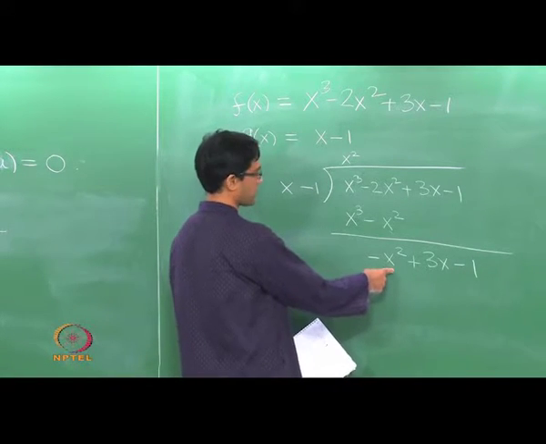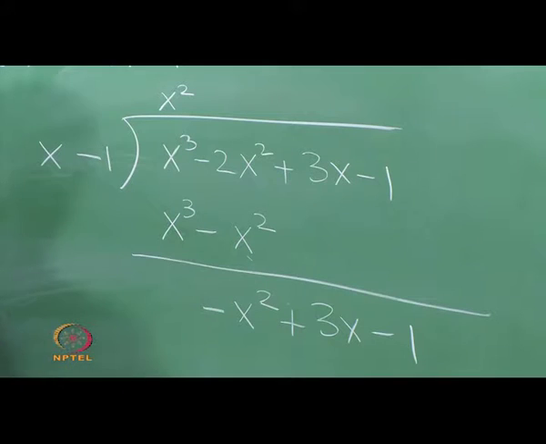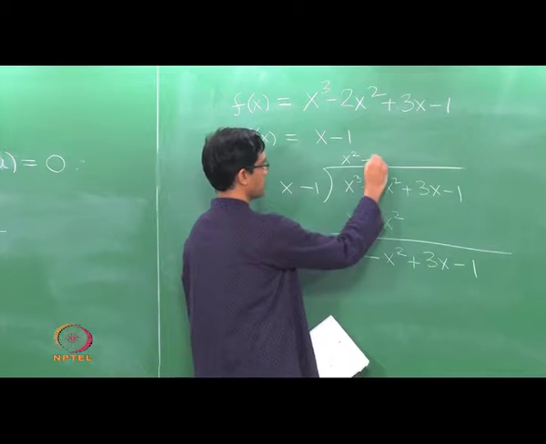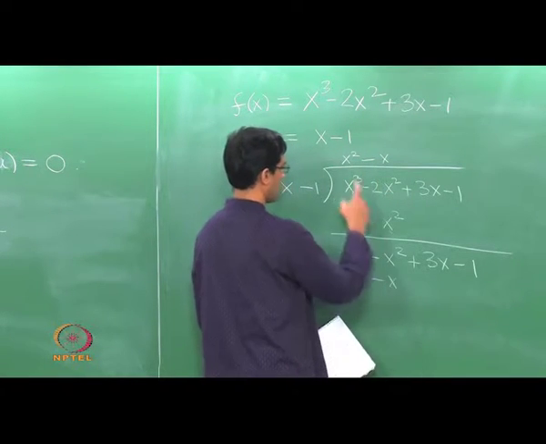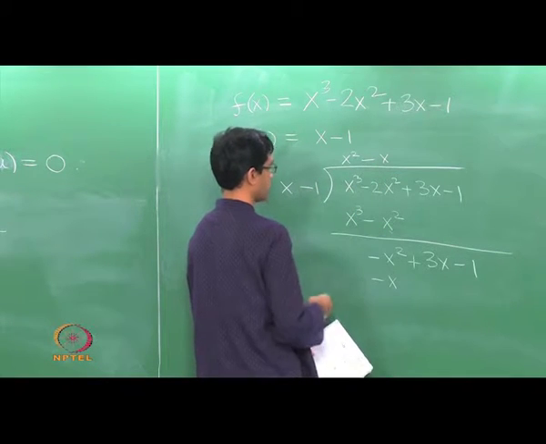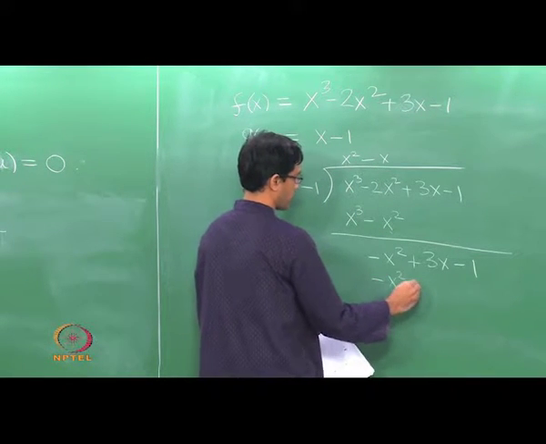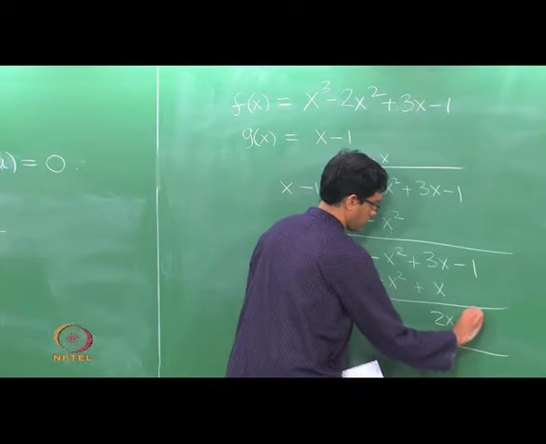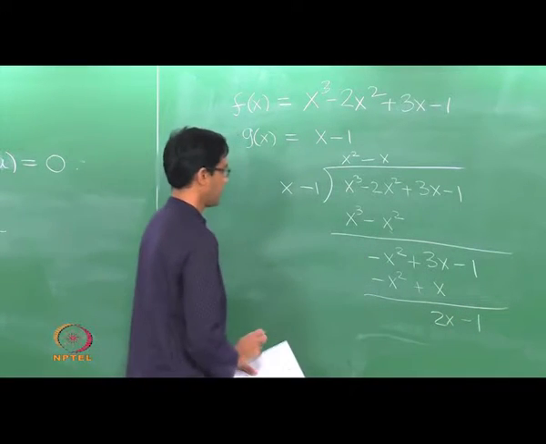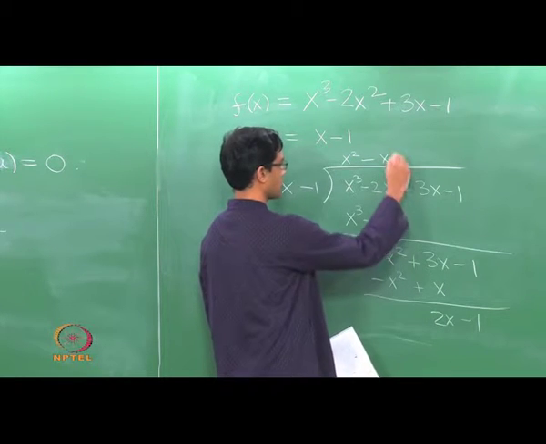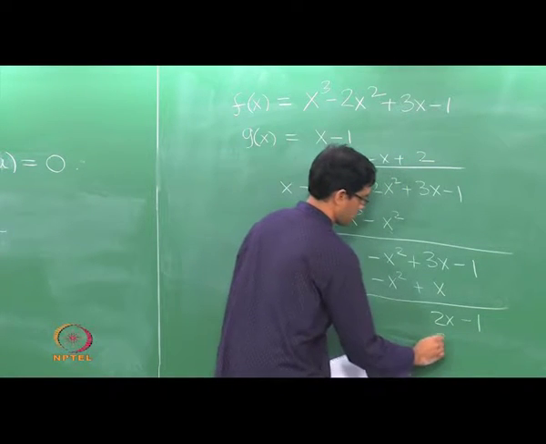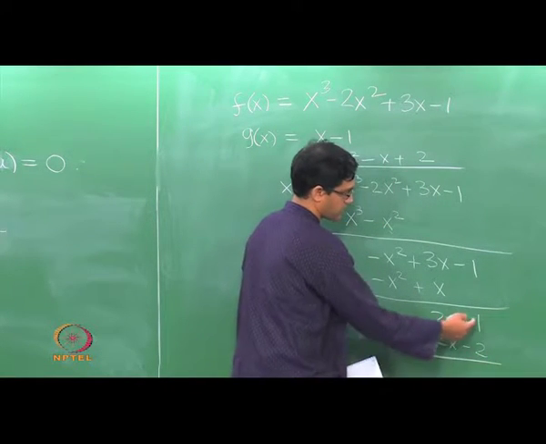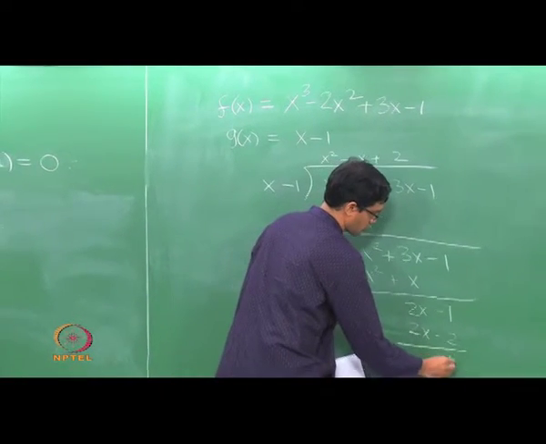We divide minus x square, the highest degree term, with the corresponding thing there. So the quotient is minus x squared divided by x, it is a minus x, and now you multiply x minus 1 by the minus x. So that gives you a minus x squared plus x, then again you subtract, gives you 2x minus 1, and we do the same thing. You divide 2x by x, you get a 2, and you multiply the 2 by the x minus 1, it gives you 2x minus 2, and again you subtract. So when you subtract, you get minus 1 minus of minus 2 is a plus 1.